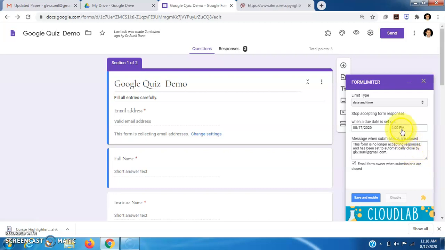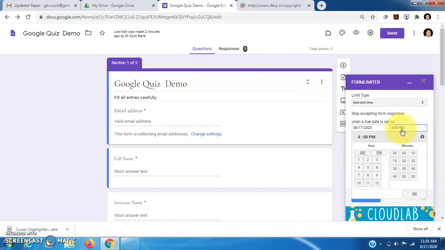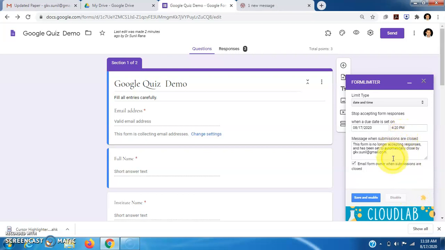If you want to select 4:20, then we click on 4:20 and set. So this form will not accept responses after 4:20 p.m.